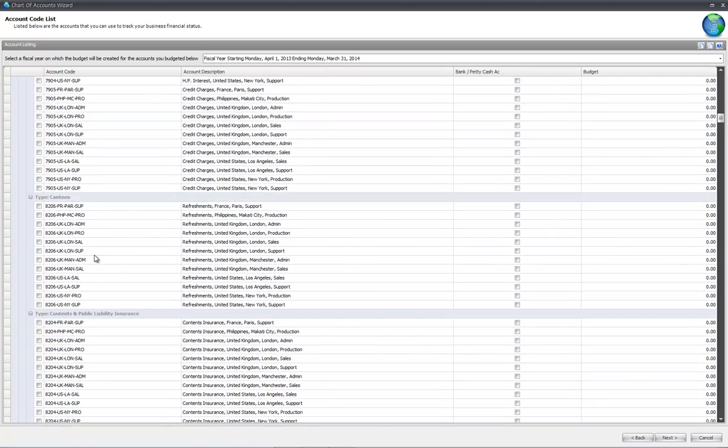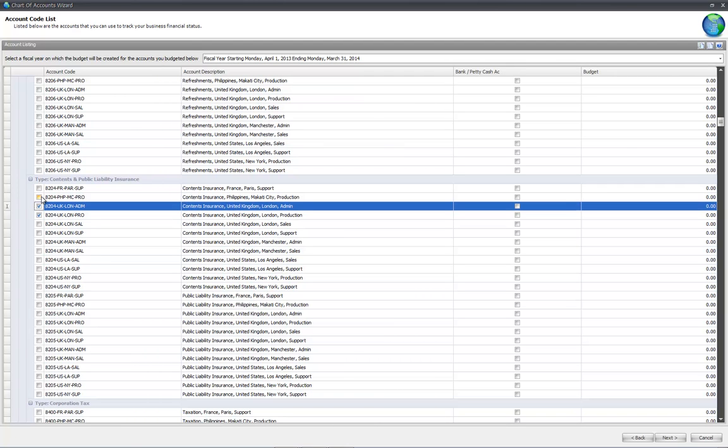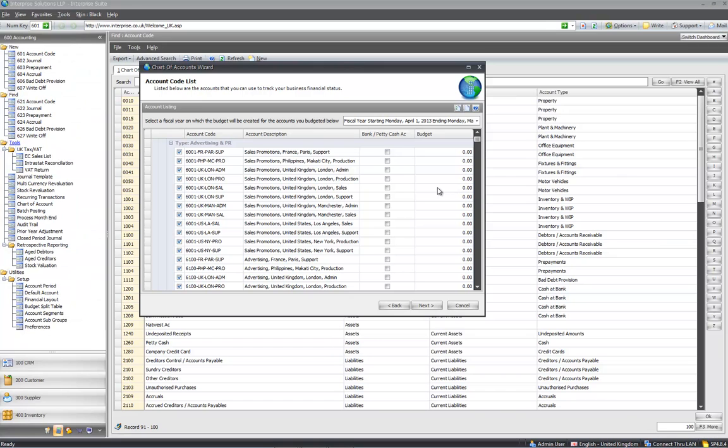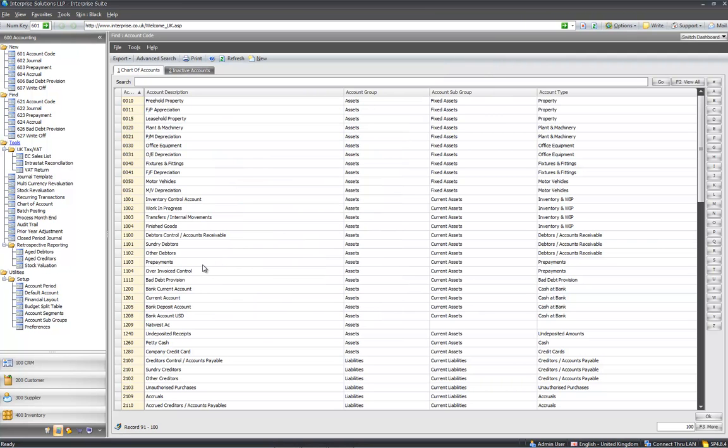Yeah, so obviously you can tick the ones that you want, or you can just say select all up here, and that'll tick them all. And then you just untick the ones that you don't want. So I'm not going to say keep that, because obviously that's just a massive nominal structure, but obviously it would cope with that. Okay, so